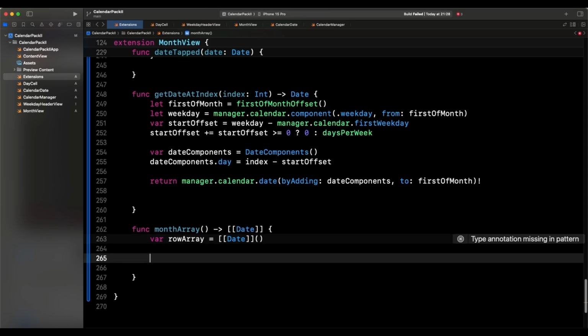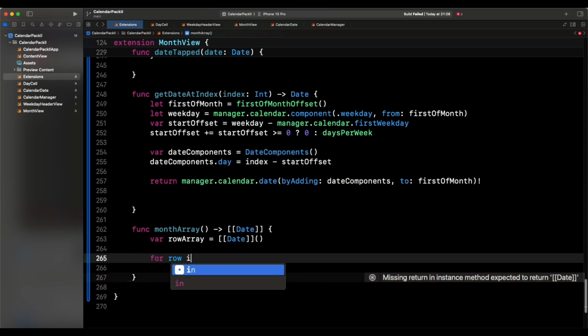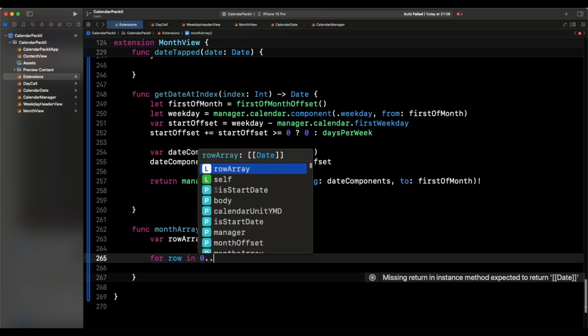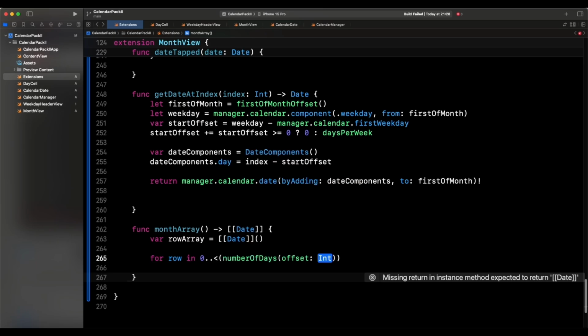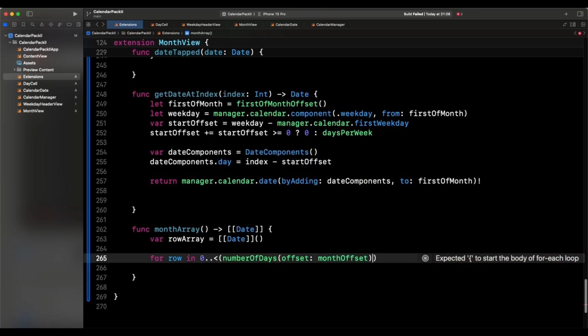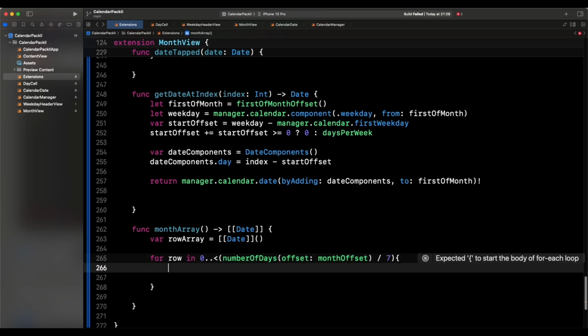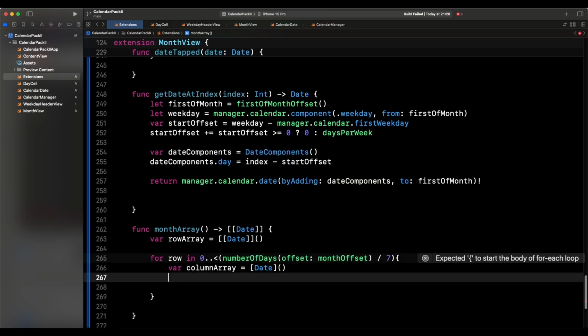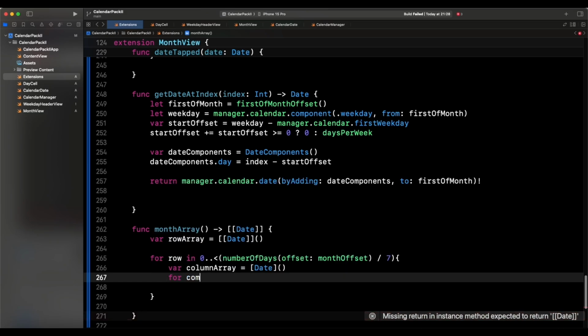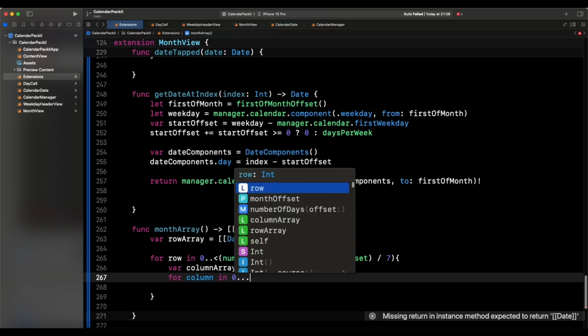And we say for row in 0 all the way to number of days. Offset is going to be the month offset, like so. We divide by 7. Then we come here and we say var column array is going to be the date, like so. And then we come here and we do this, right? And then we say for column in 0, 6,